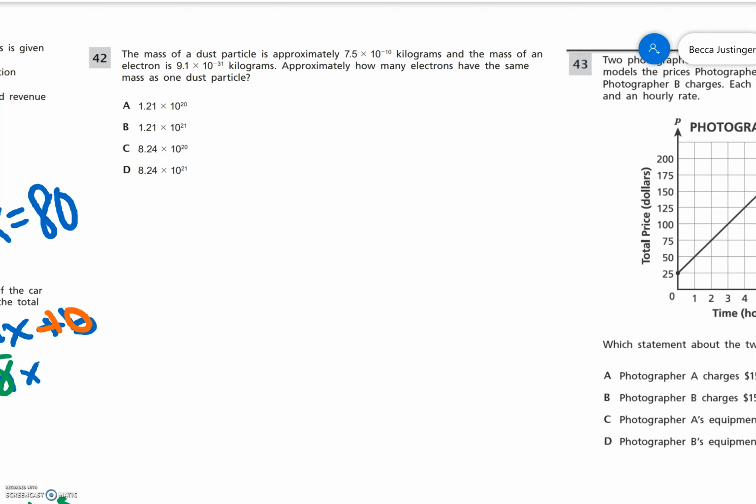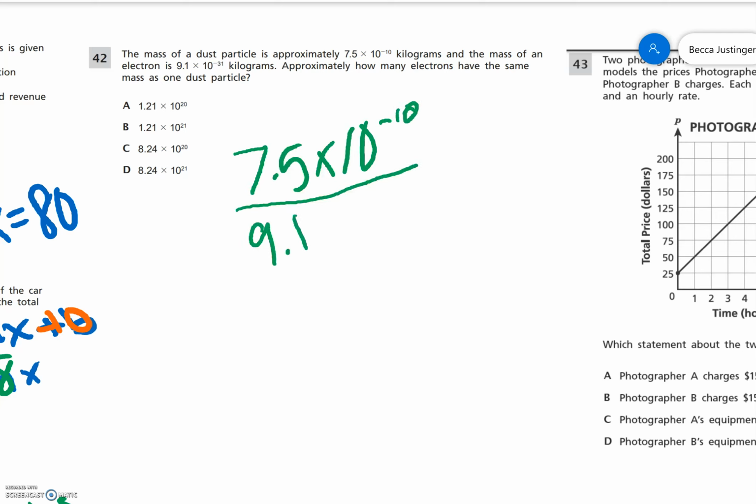So we have to do 7.5 times 10 to the negative 10th divided by 9.1 times 10 to the negative 31st power. So all we have to do is divide the separate parts. So 7.5 divided by 9.1 is